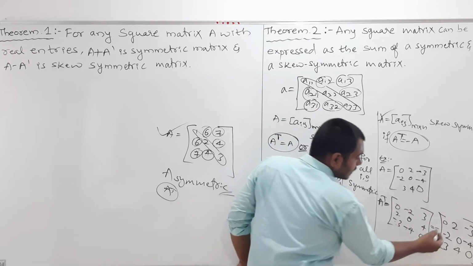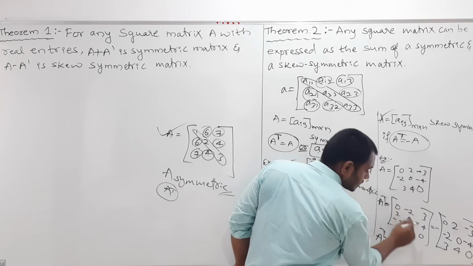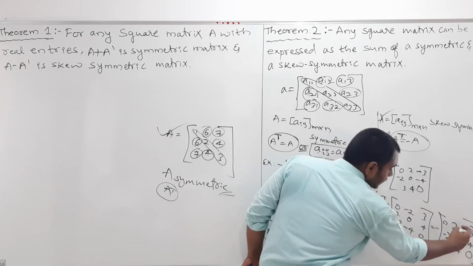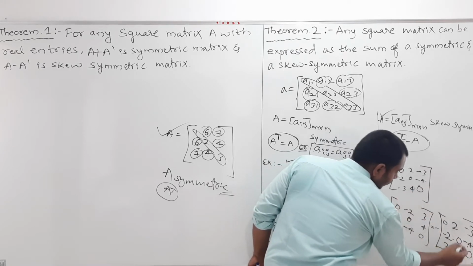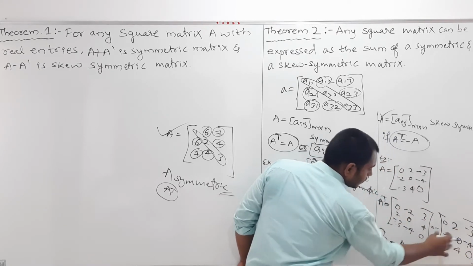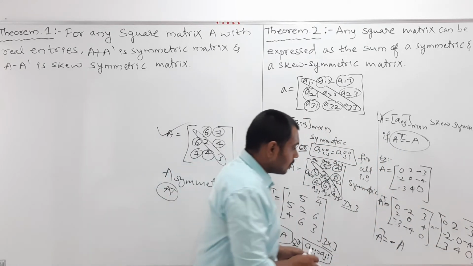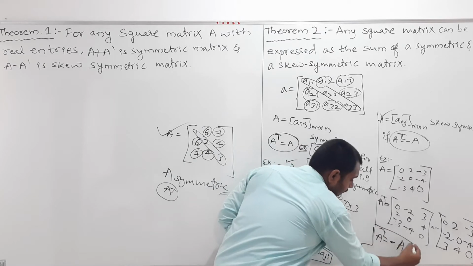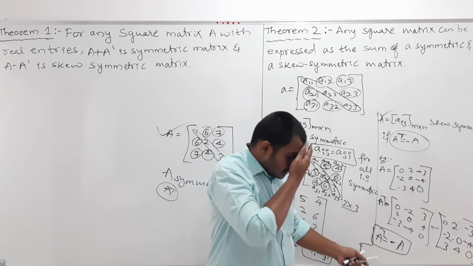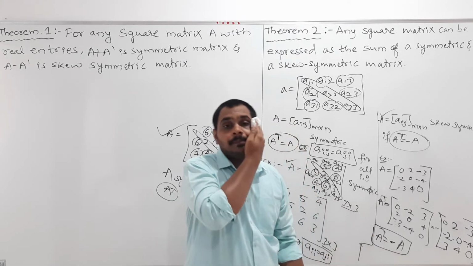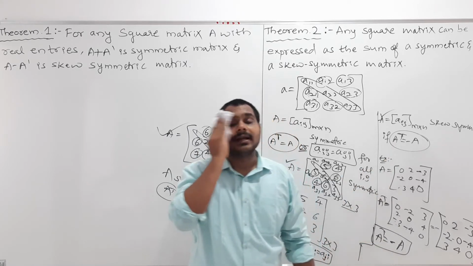So now, my dear students, keep this minus as it is. A transpose is equal to minus, keep as it is, and this is nothing but the matrix 0, 2, minus 3; minus 2, 0, minus 4; 3, 4, 0. So this is nothing but A. This matrix I can replace by the matrix A. So now this condition is satisfied. What is that condition? A transpose equals minus A. This condition is satisfied, A transpose equals minus A. Therefore I can tell A is a skew symmetric matrix.